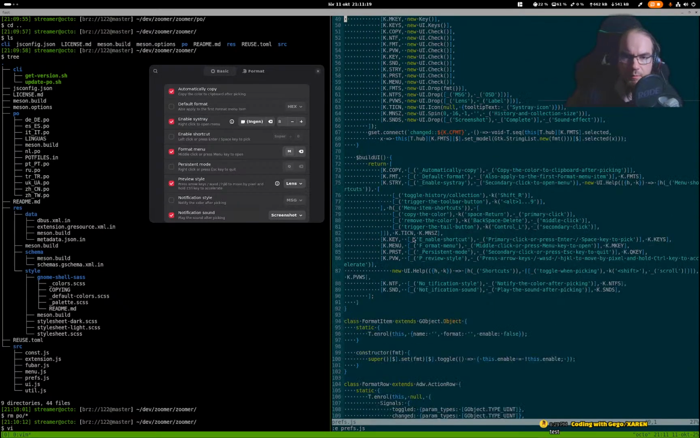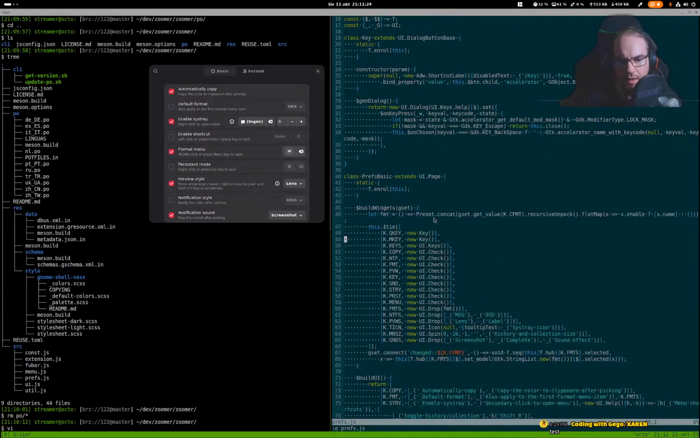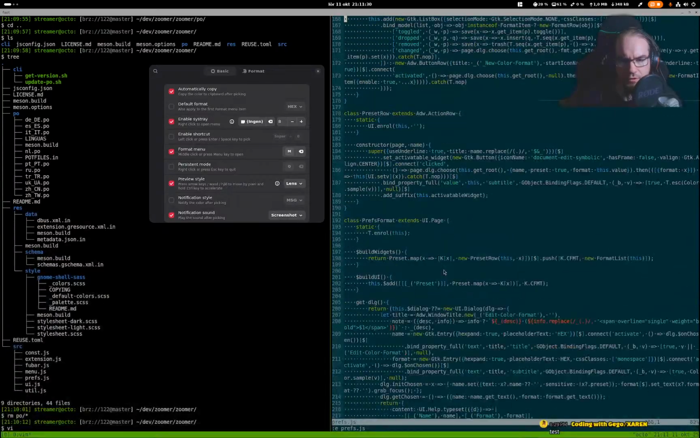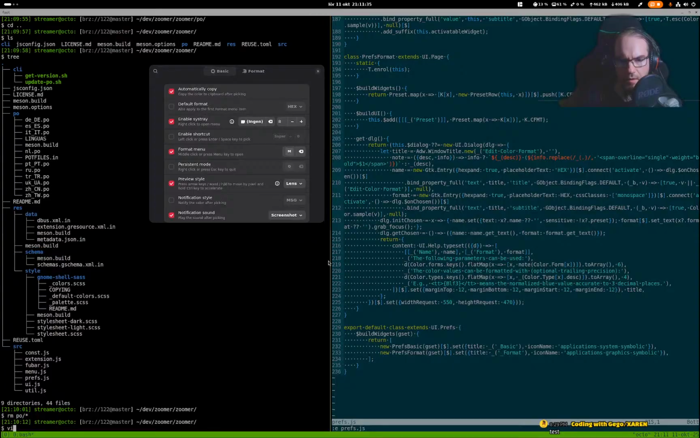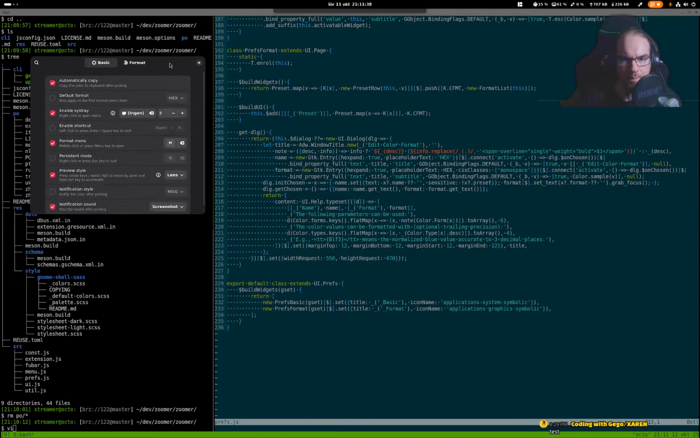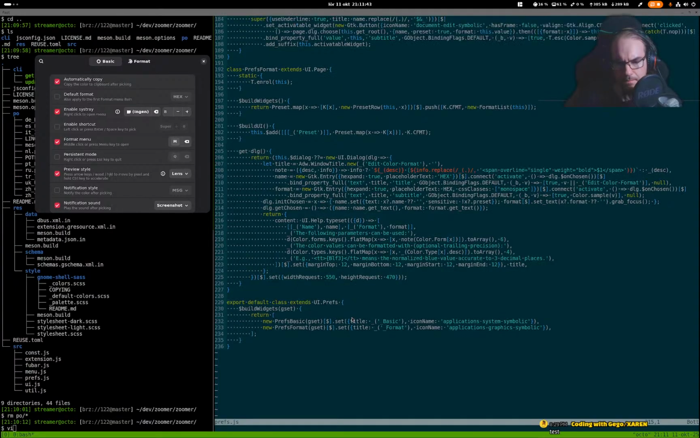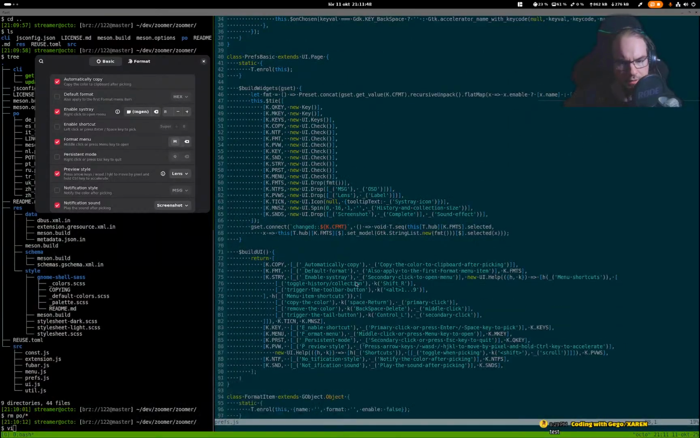There we go. This is how they build the UI. So this is the preferences. And this is the one we need to change. I see. So we need to basically remove these. Let's see here. How are these constructed? These are